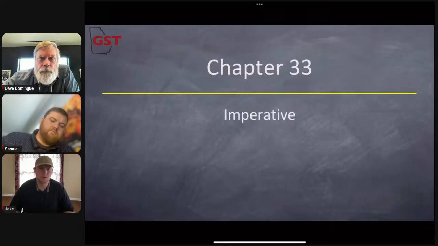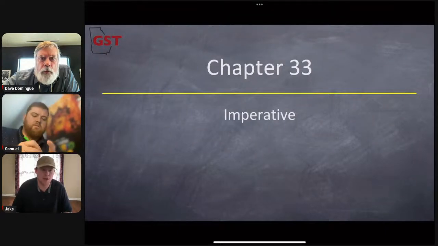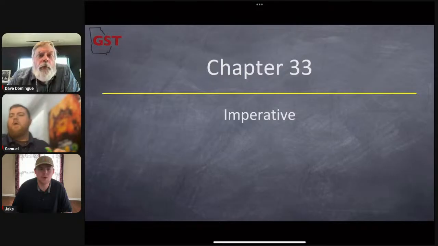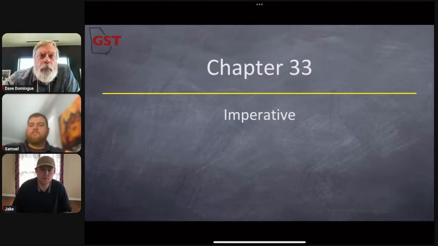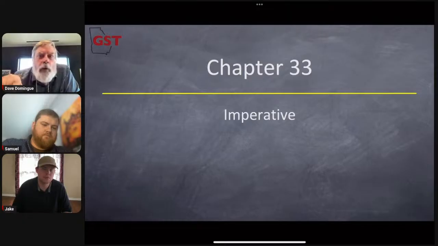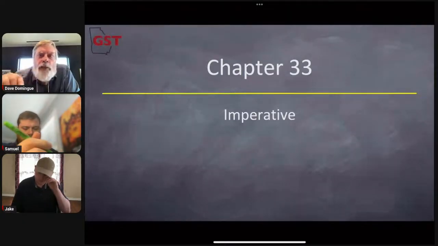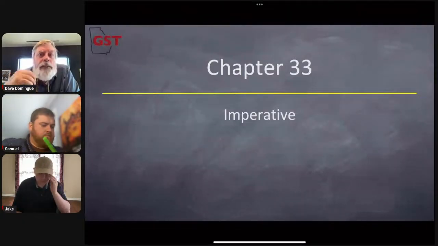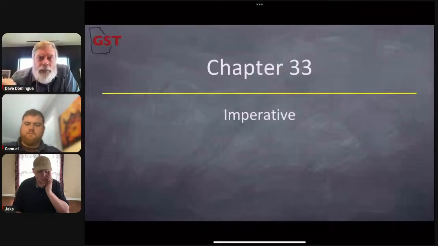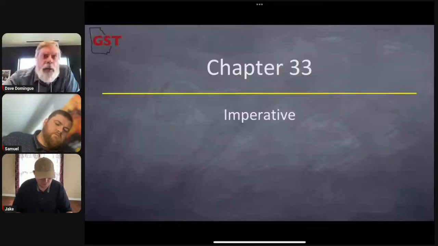So think about it, not like sovereignty, like I command thou, but more like a desire of the will to be enacted. Well, exactly, and that's why Daniel Wallace in his book Greek Grammar Beyond the Basics refers to it as a mood of intention. It's the intent that is expressed, and that may be a command, but it may be some others, and we're going to go through that.